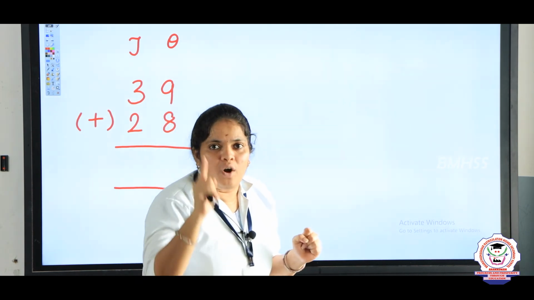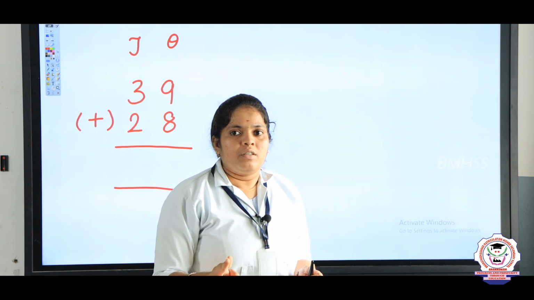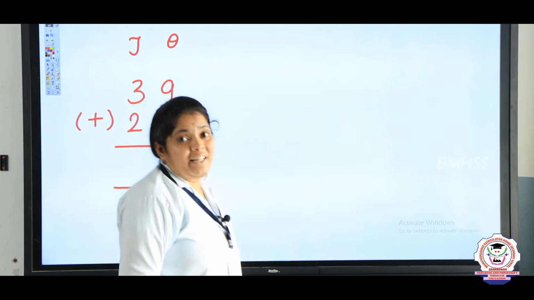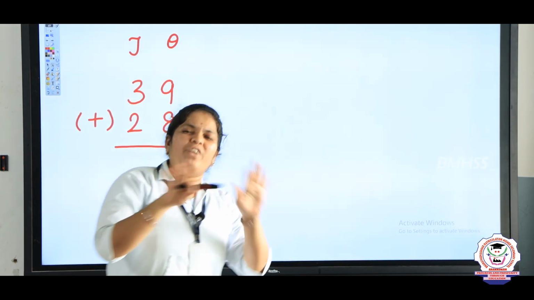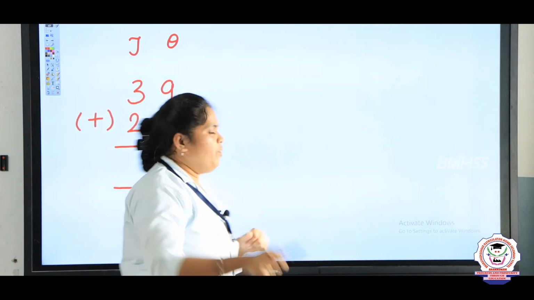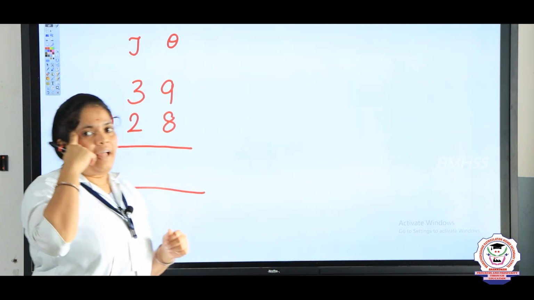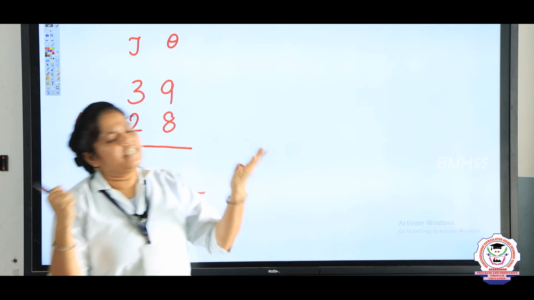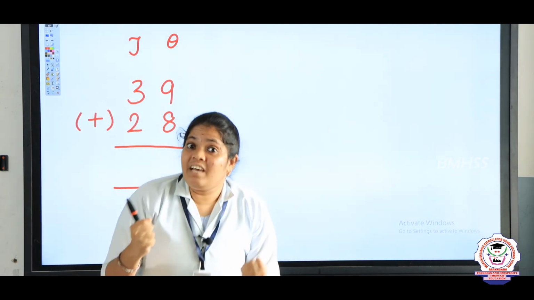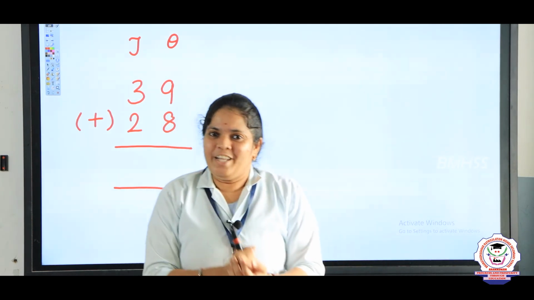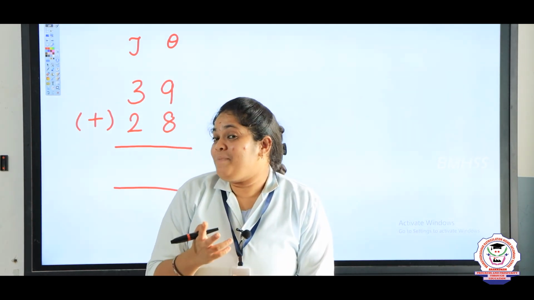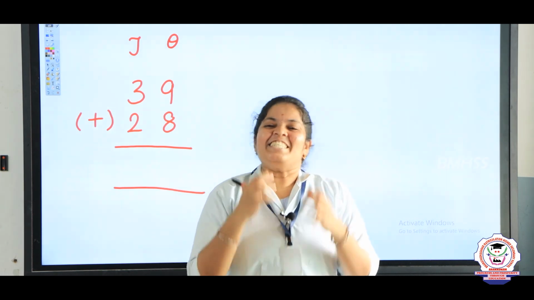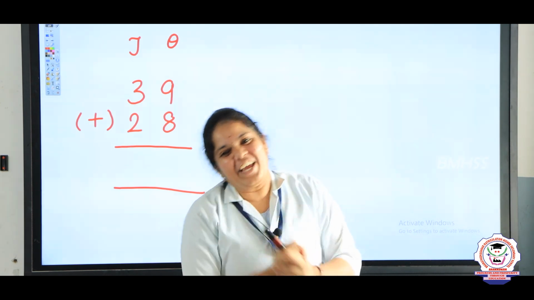You need to tell. Now add this ones place value and tell me whether the sum is with regrouping or without regrouping. Let's check. What should be in your mind? 9 in the mind, 8 on the finger. 9 after 10, 11, 12, 13, 14, 15, 16, 17. Now tell me, is it with regrouping or without regrouping? Yes, very good. It is with regrouping.